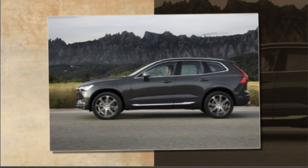What's it like? On the outside, the XC60 is at once familiar and yet obviously new at the same time, a bit like the XC90, in that way. Volvo talks about angling in the windows at the top to narrow the car's upper profile, and throwing back the windscreen, to make it more